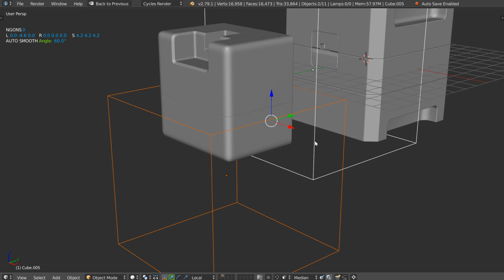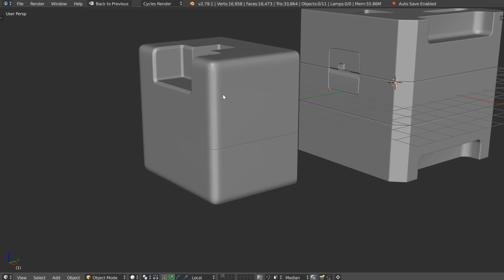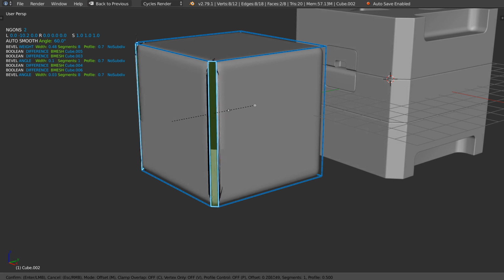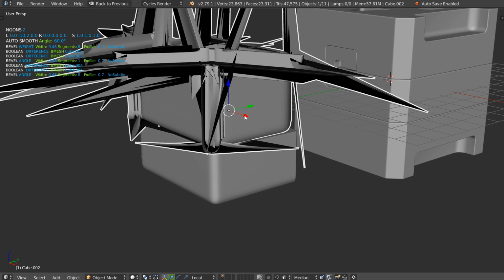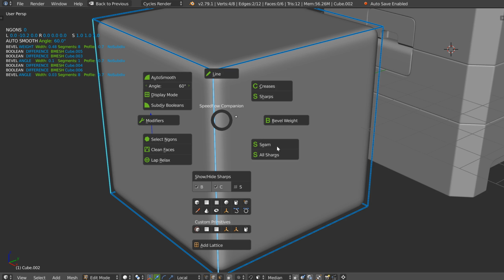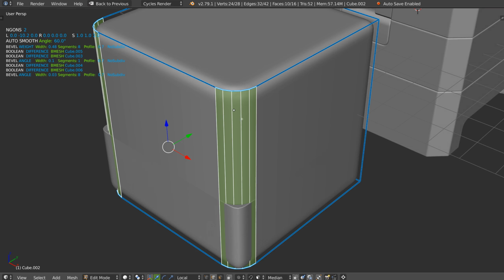So this is a non-destructive workflow. I removed it. You can do whatever you want, and this is really nice. Of course, you can edit a little, but since it's a cube, you will have to apply some parts if you want, or maybe do something like this. I will just do this, and this is not what I should have done. I will just remove the sharp, Control B, select this one, Control B, and that should be okay with this. Okay. So as you can see, I have something different.